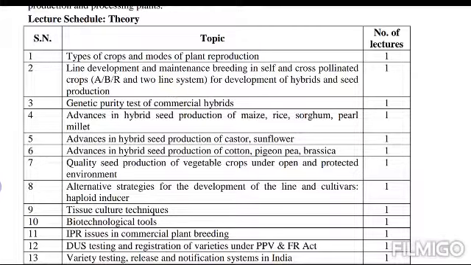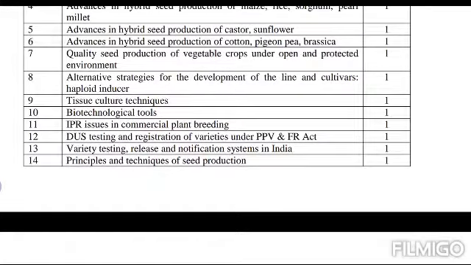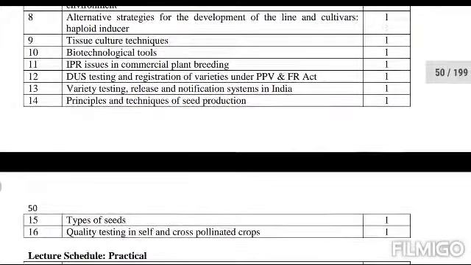development of hybrids and seed production, genetic purity test for commercial hybrids, advances in hybrid seed production of maize, rice, sorghum, pearl millet, advances in hybrid seed production of castor, sunflower, cotton, pigeon pea, brassica, then quality seed production of vegetable crops under open and protected environment, alternative strategies for the development of line and cultivars, that is haploid inducers,